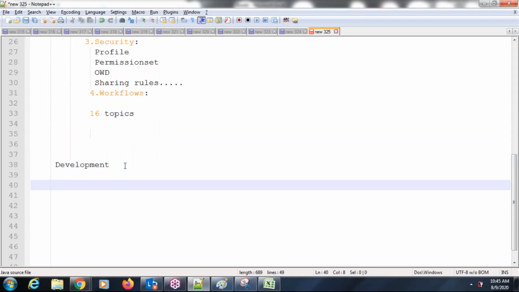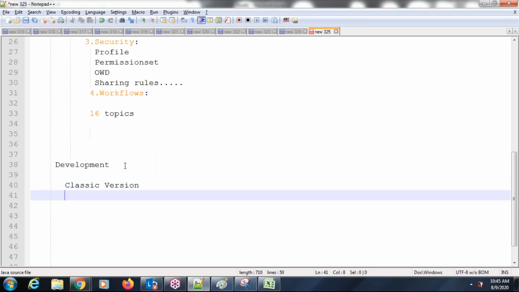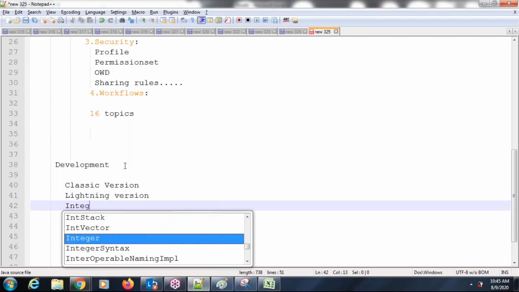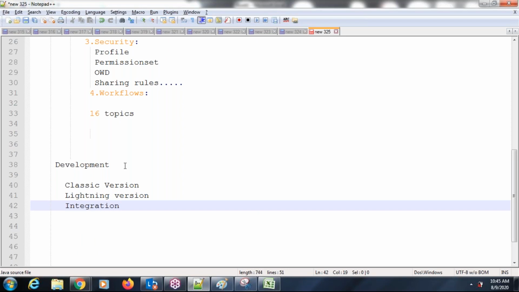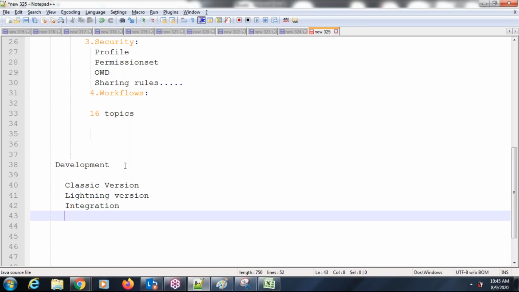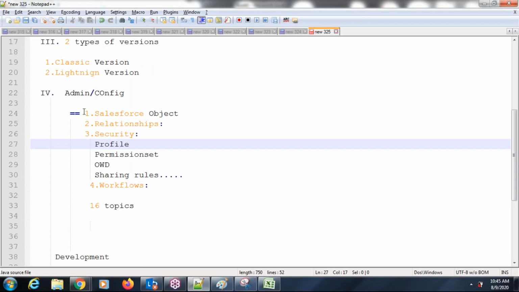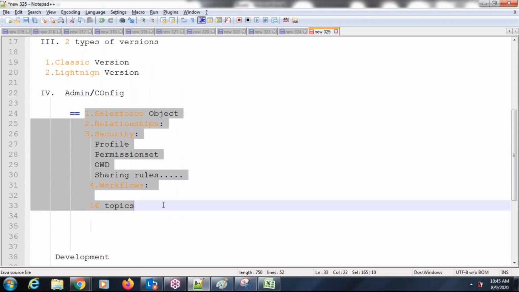In development, we will discuss the classic version, the lightning version, and also the integration part. Before going into development, we should learn the admin part. Once we learn it, then we will understand what the topics in development are and why we have to go with the development part.